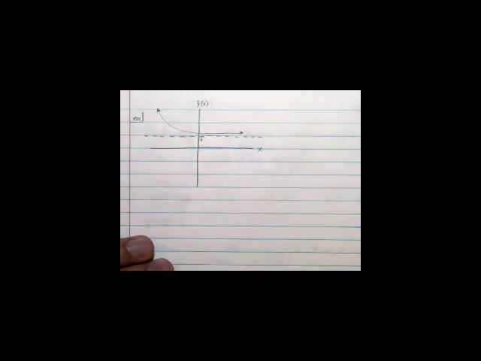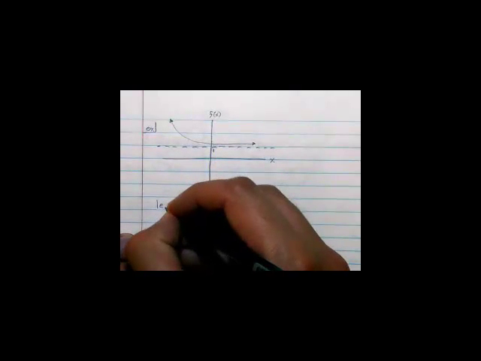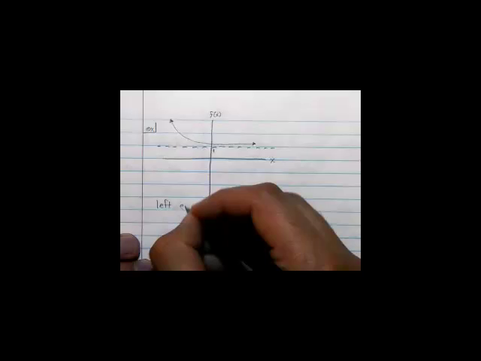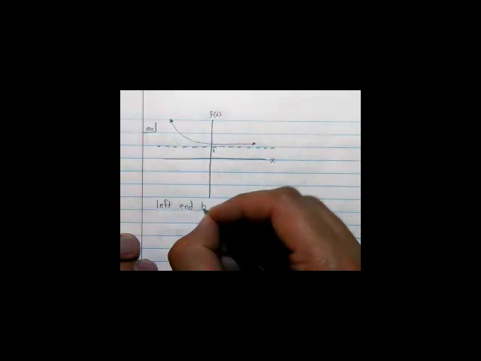It appears to be some type of exponential function. And so we have both a left end behavior and a right end behavior of this thing. So the left end behavior